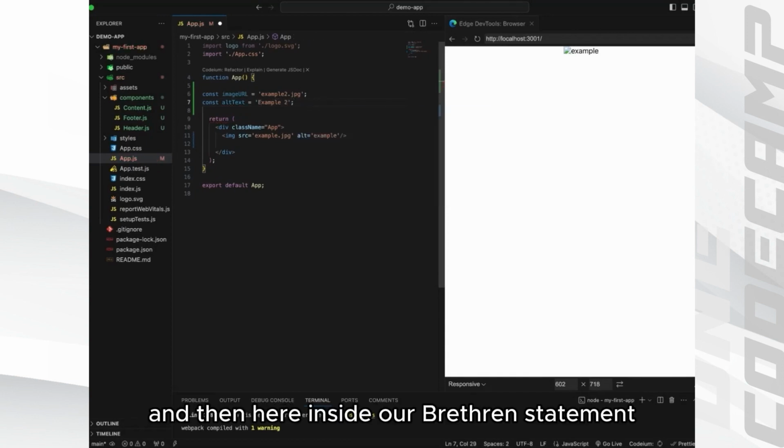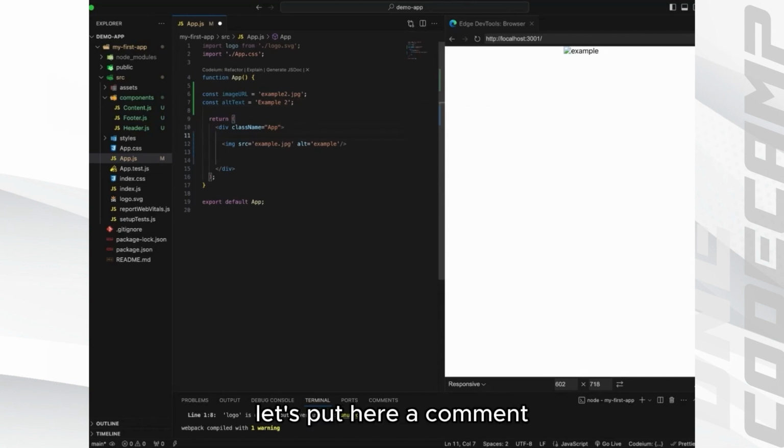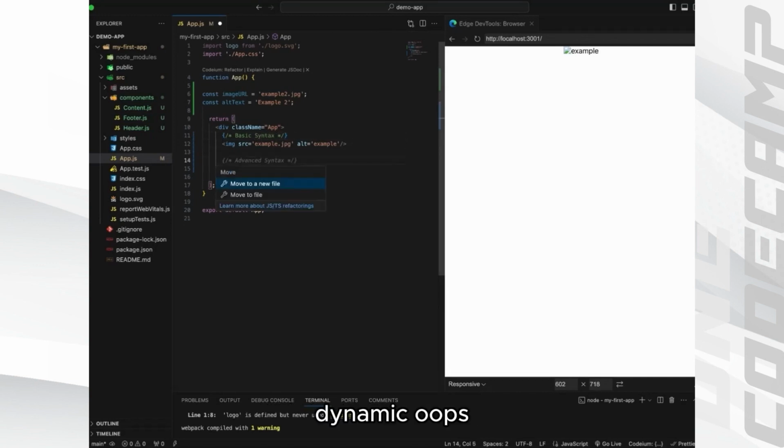Okay, and then here inside our return statement, let's put here a comment. This is for the basic syntax, and this is for the dynamic